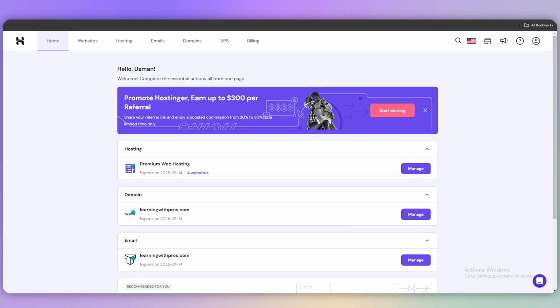In this tutorial, we are going to talk about how you can enable two-factor authorization in Hostinger. It's a very easy tutorial if you follow every single step. So let's get started. First of all, you need to log into your Hostinger account and you might end up